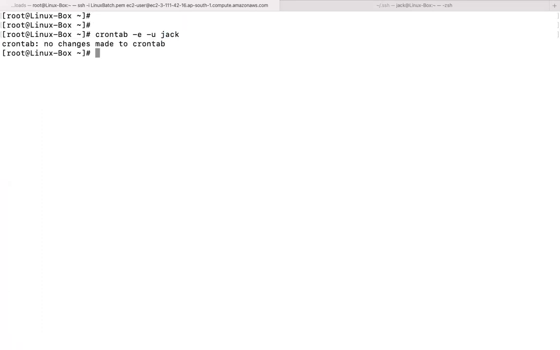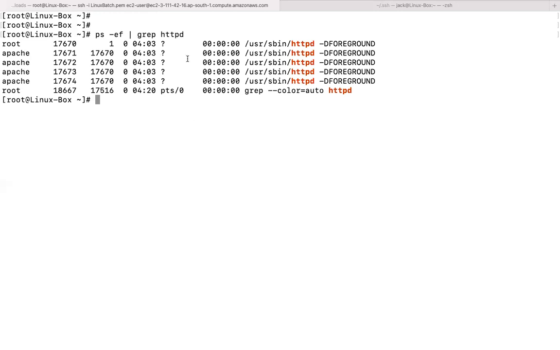Okay, one more thing I want to tell you. Let us say there is a situation where you are supposed to monitor any process. So how would you automate that? Let us say my process is running: ps -ef | grep httpd. This is running. But let us say if you see